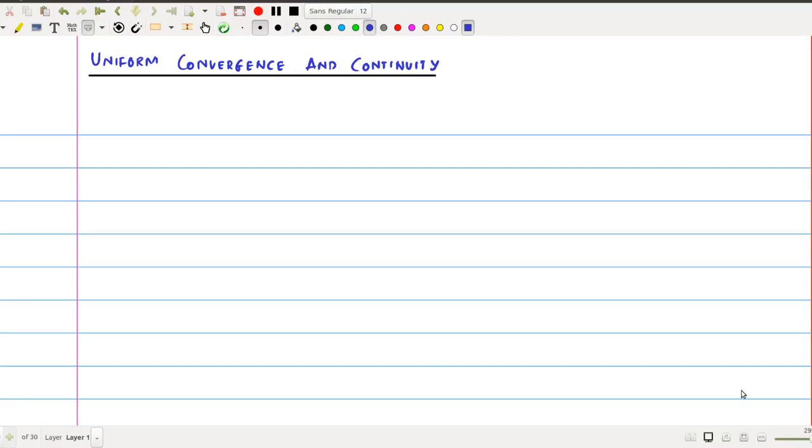Hi all. Today we discuss the relation or connection between uniform convergence and continuity. Before we go on to discuss the theorem, we will see a situation like this. First of all, we will consider a double sequence,